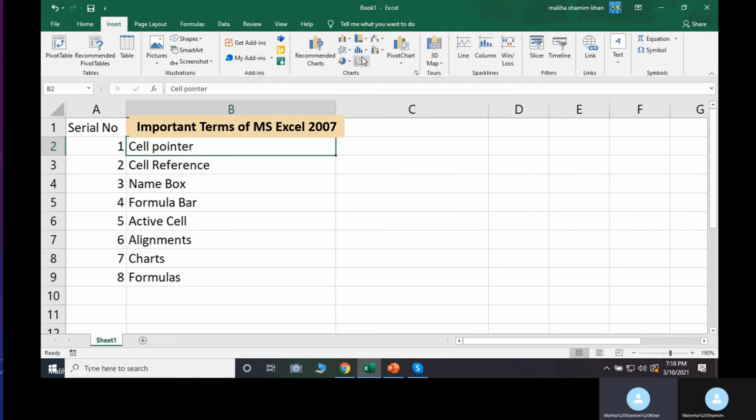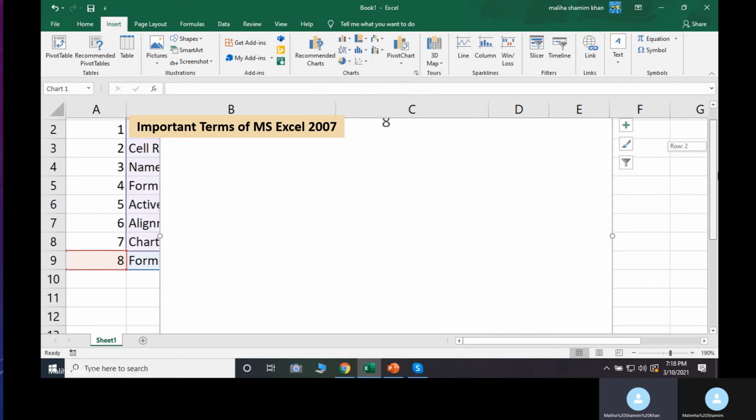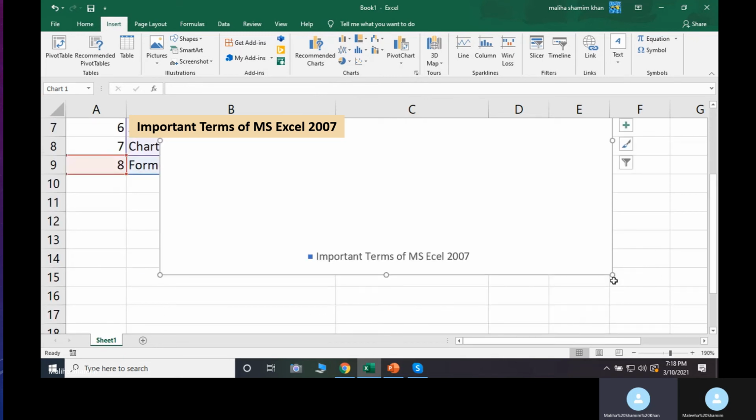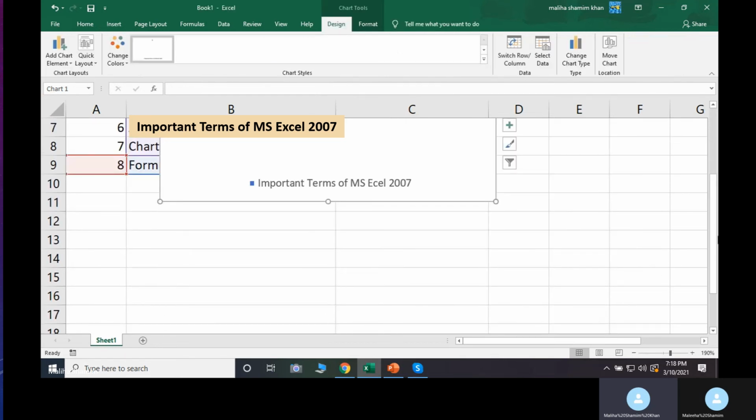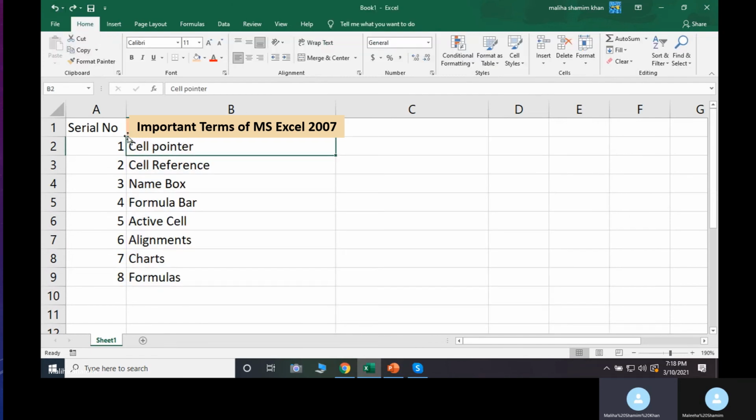Bar graph, line graph, scatter chart, pie chart, it's up to you. When you click there, it appears on your screen, and you can do it according to your own choice and requirement of data.